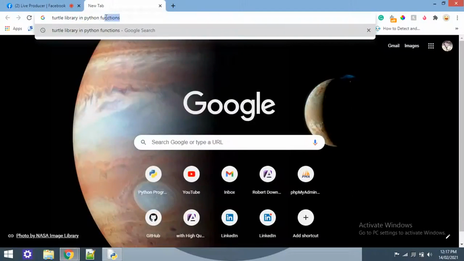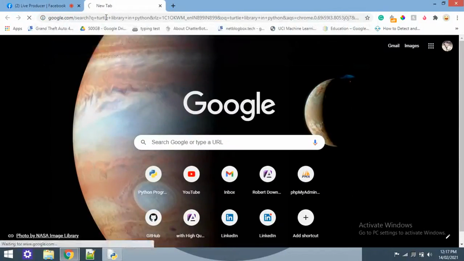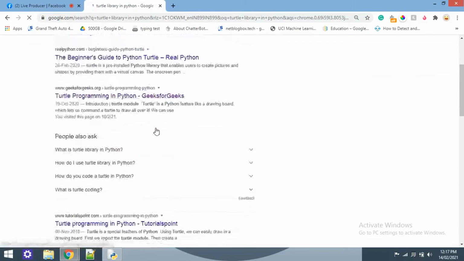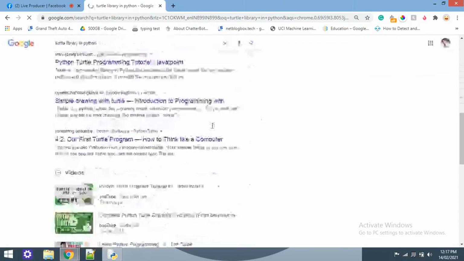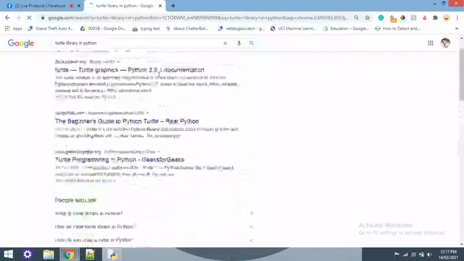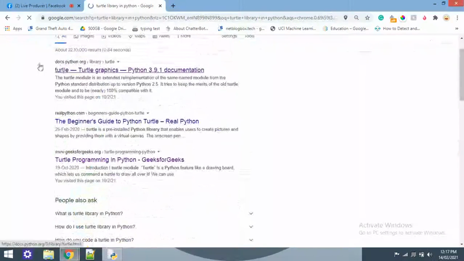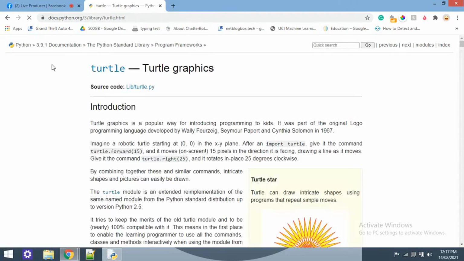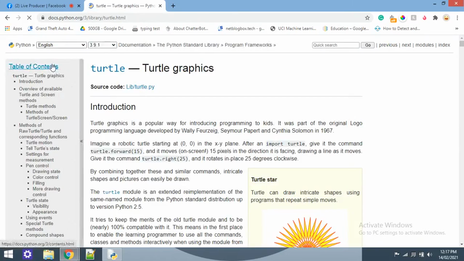We'll learn the functions later. First of all, our only goal is to know what Turtle is. We'll open docs.python.org, the main organization website where you can get a lot of docs and everything about Python.